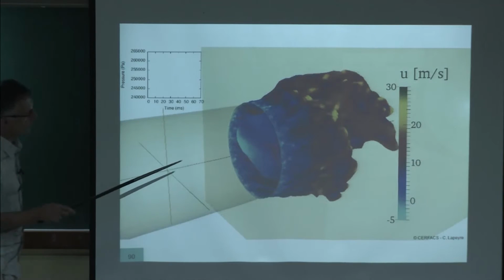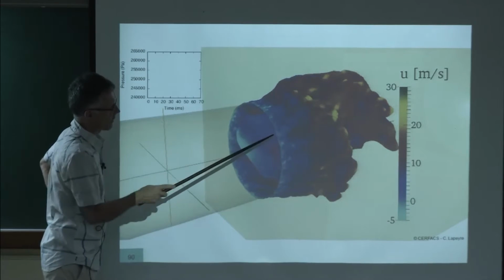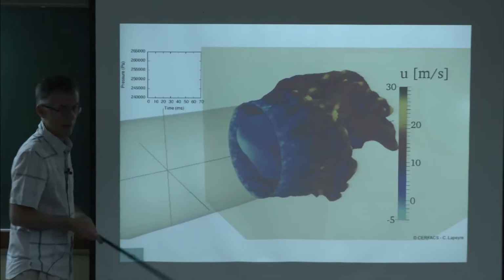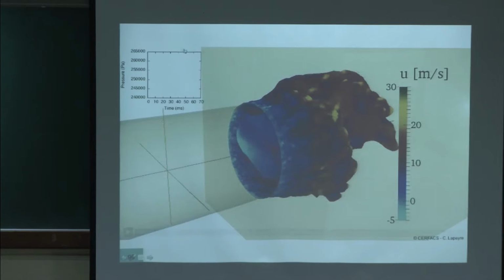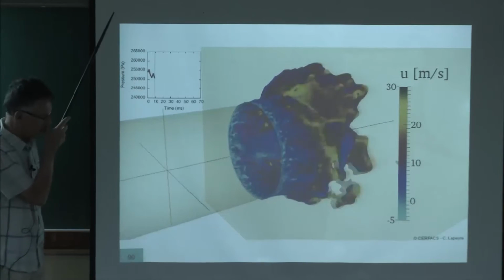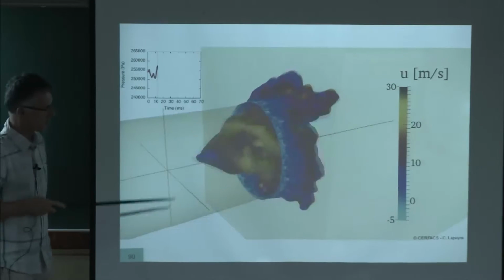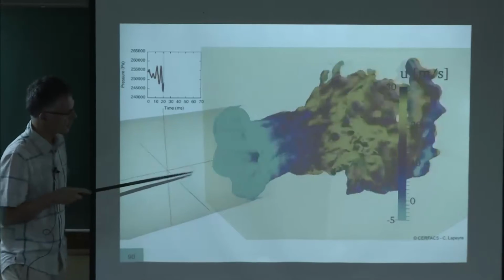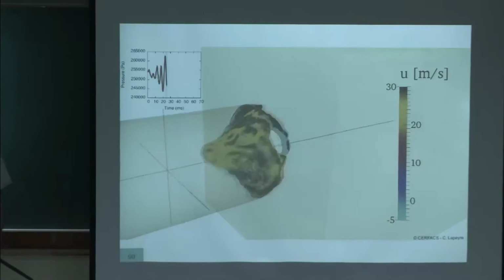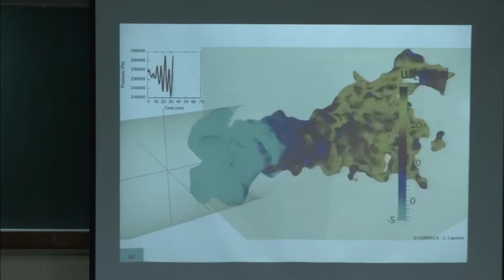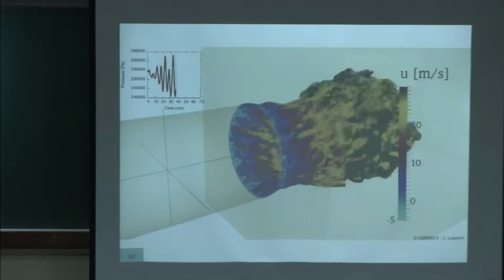What's going to happen is that this is the flame surface colored here by velocity. This flame here is not going to stay where it is. It's going to flash back. So how does it do that? It gets coupled to the acoustics. You have here the pressure, 2 bar, 2.5 bar, and you see that this flame starts oscillating and coupling with the acoustic modes, so it's flashing back and getting in and out, in and out. And after it does that for sufficiently long times, it will completely flash back.